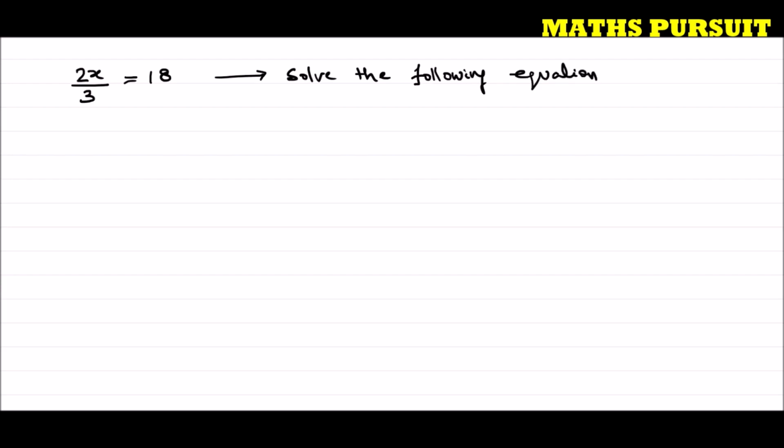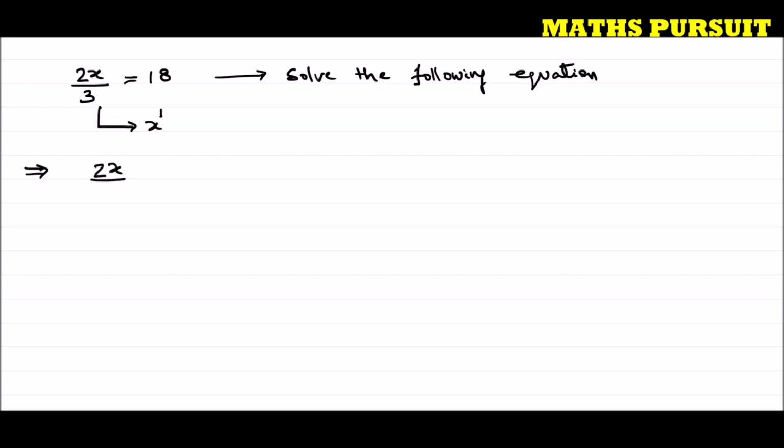Guys, solving these types of equations is very simple, very straightforward and very easy. Why? Because these are linear equations. Why linear equations? Because the power of the variable is 1. The variable here is x, and the power of x is 1. So we call these equations linear equations because the power of the variable is 1. Solving linear equations is very simple, very straightforward and super easy. So let us now move ahead and solve the given equation.